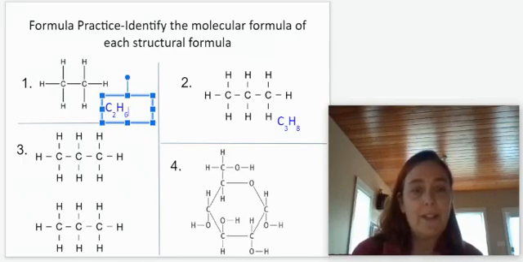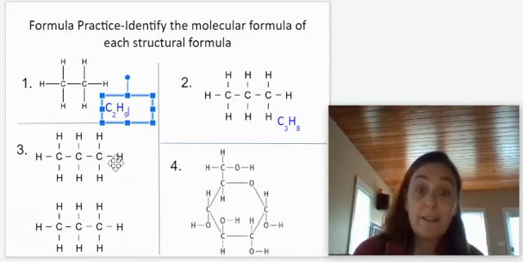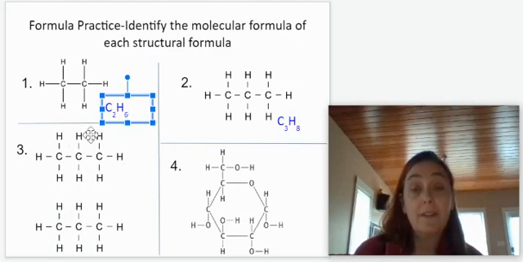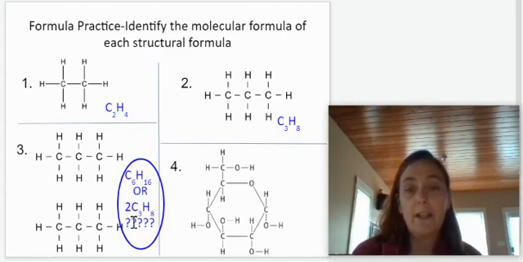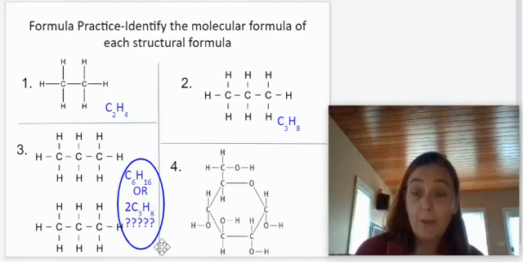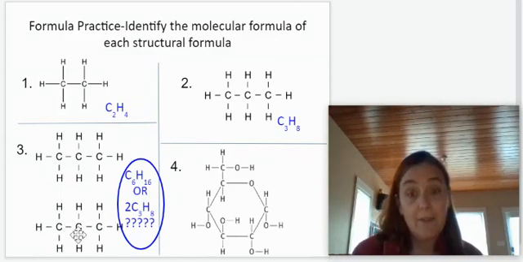Now the next one is tricky. Are they all hooked together? No, these are 2 separate molecules. This has 3 carbons and 8 hydrogens, just like this one. So this is C3H8. And that's C3H8. So which way are we going to write it? Are we going to write C6H16? Or are we going to write 2C3H8s? Well,